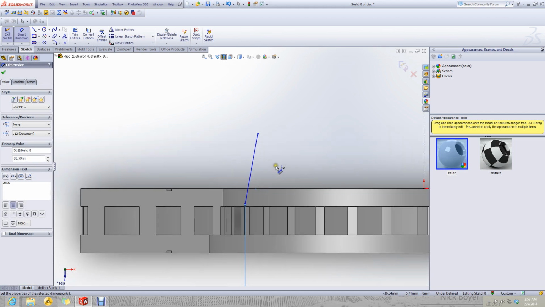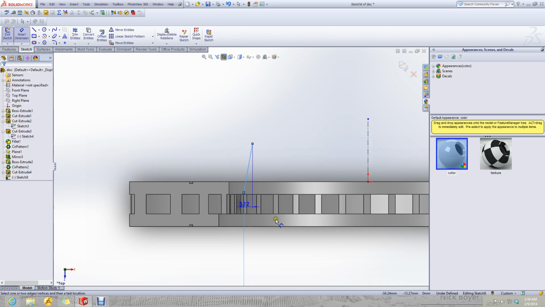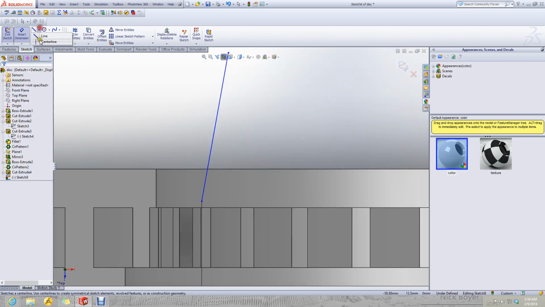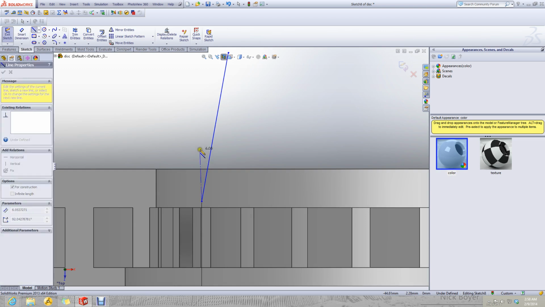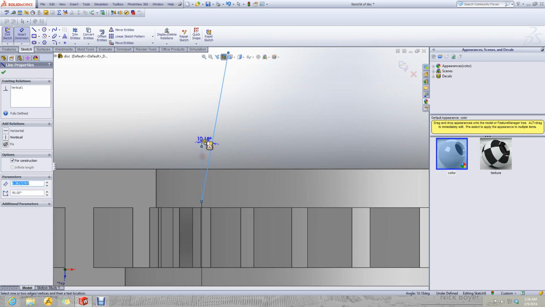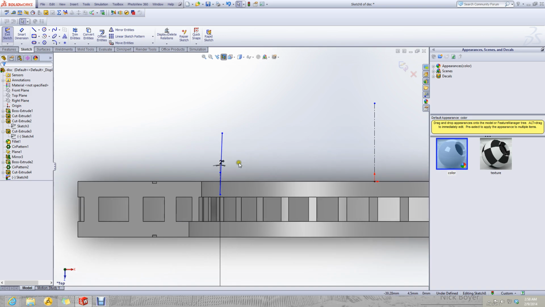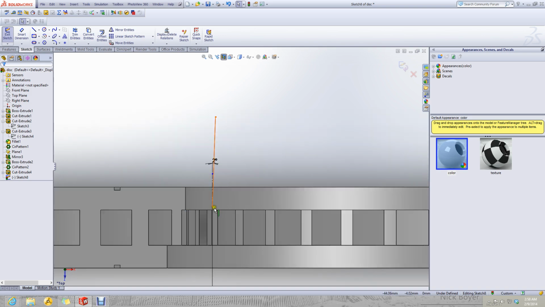This line is here. Its angle with this is 2 degrees, since it was a draft of 2 degrees.